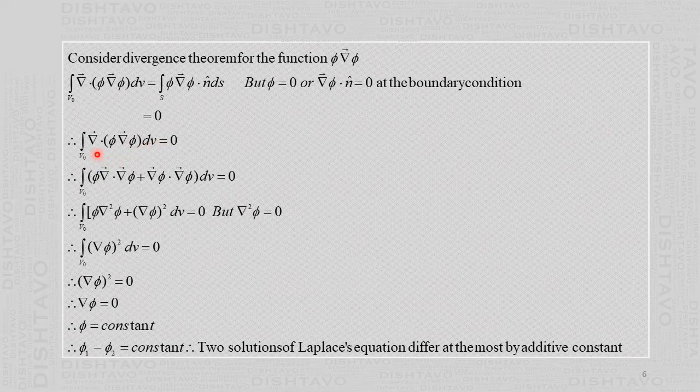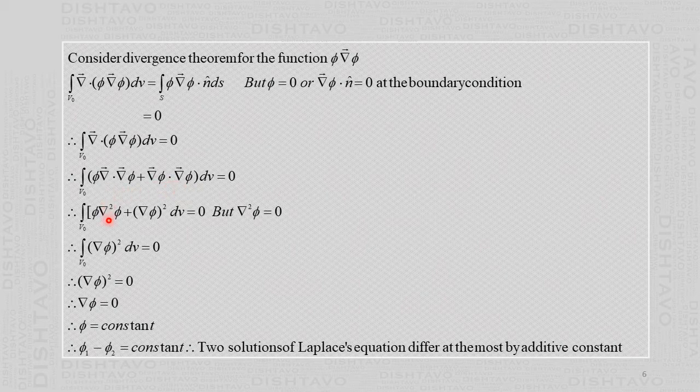Then this del is similar to the derivative. So operate the derivative of the product of two functions. The two functions here are phi and grad phi. So the derivative of the product of functions is first function into derivative of the second function plus derivative of first function into the second function. So here we take the first function, and derivative of the second function. The second function is del phi. So we take a derivative in del dot del phi plus derivative of first function, that is grad of phi. Because phi is a scalar function, we should not write dot or cross between the two, into the second function, which is del phi, and we have to write dot here because this is a vector quantity and this is a vector quantity.